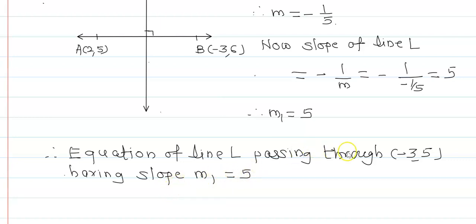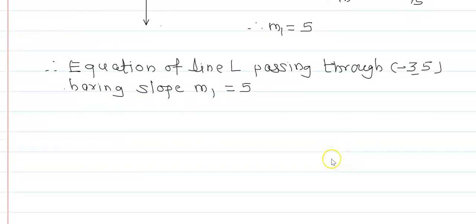Now here we know the point and the slope. Therefore, by the slope-point form,